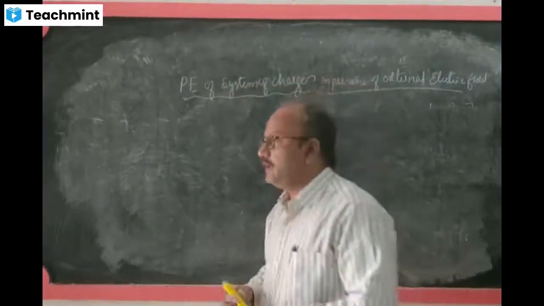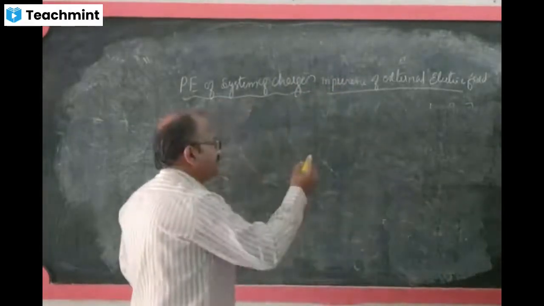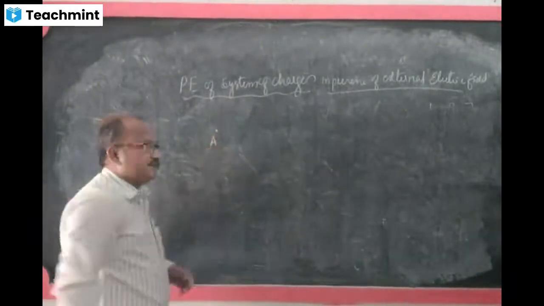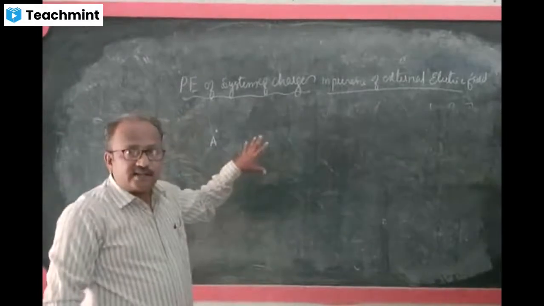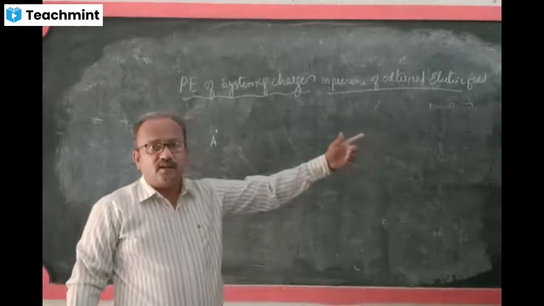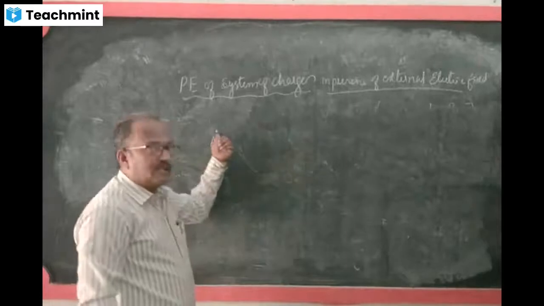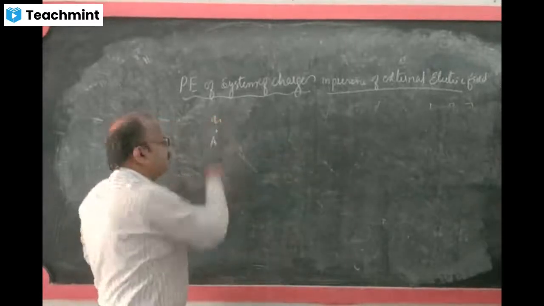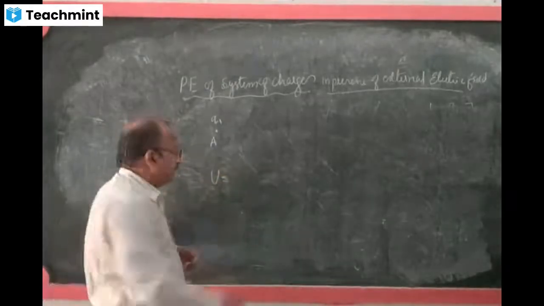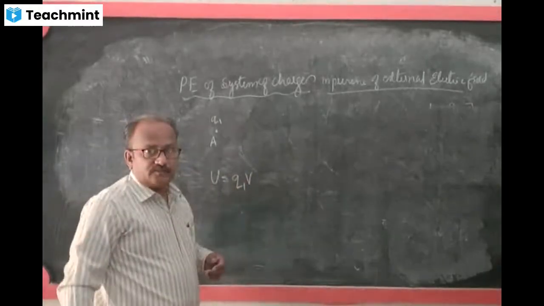Now, when the external electric field is already there, so if we shift the charge Q1 from infinite distance to point A, already an electric field is there because it is a presence of external electric field. However, you can shift the charge from infinite to a particular point A. There is work that has to be done. That work done is stored as potential energy. That is Q1 into V1 here.